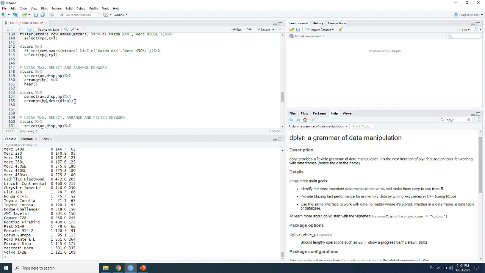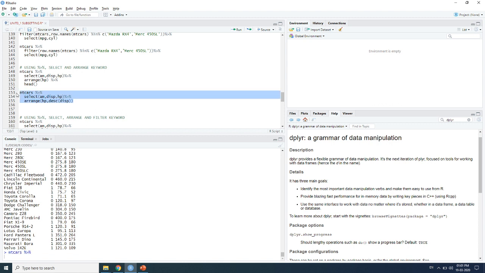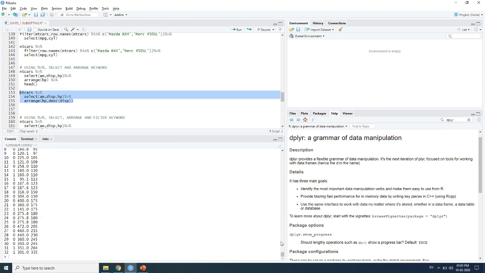So if I take it and execute it, you can get it. The output will be like this. It will be arranging it in ascending order of HP. You can see 52, 62, 65, 66, all of them are in ascending order, but we are also saying descending